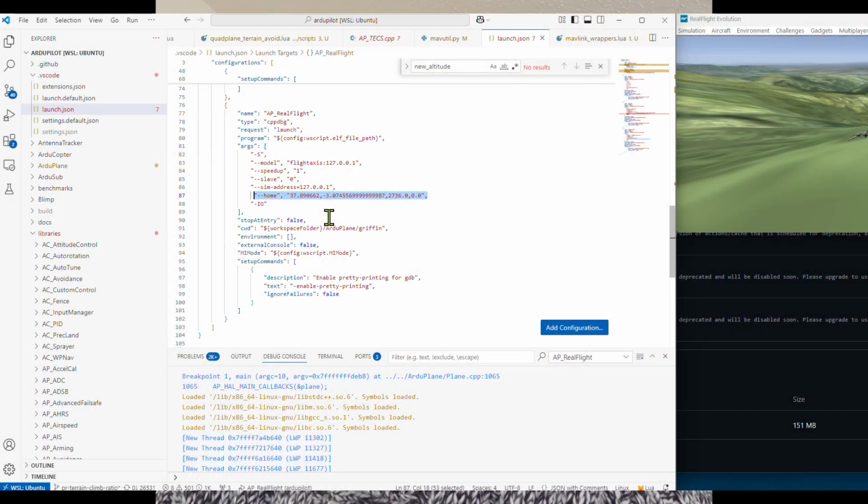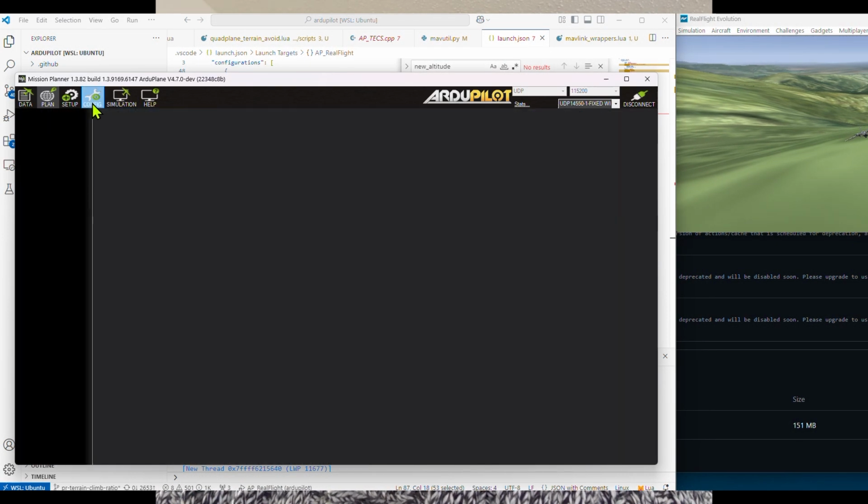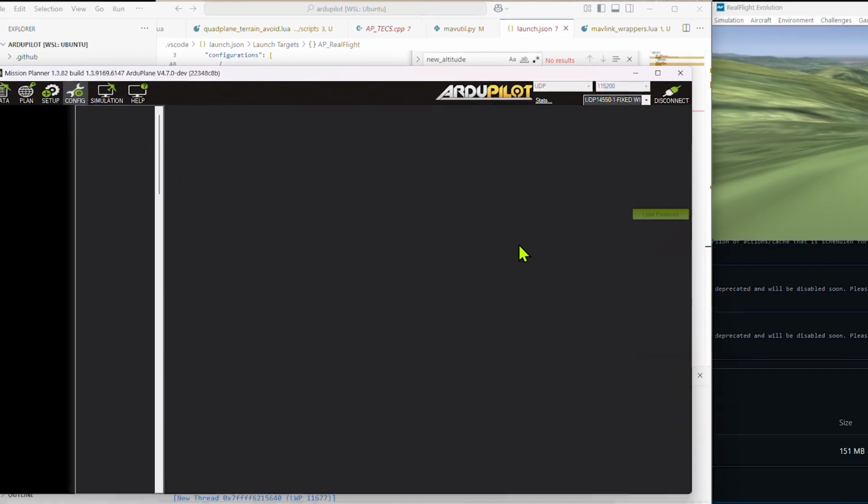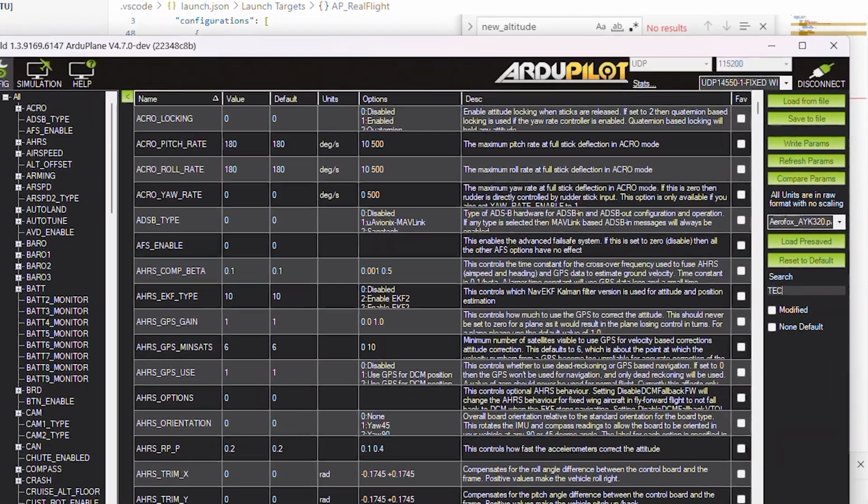Well, we want to avoid hitting mountains, so how is that working? And what I want to do right now is find out why TECS is not pitching up as much as it could. My TECS parameters are set up, and if I just go into Mission Planner here, I'll show you what's going on with the parameters. So TECS,